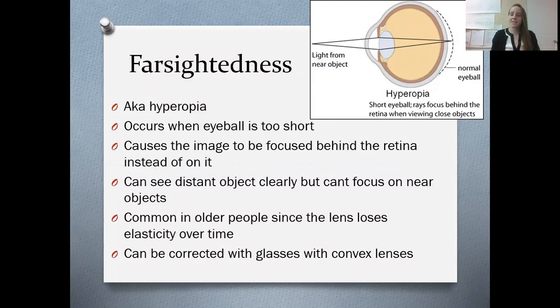It's still on its way to focusing when it hits that retina. So people with farsightedness can see things perfectly fine far away, but will have trouble focusing on things up close. This can be corrected with convex lenses, which will cause the image to focus further forward in the eyeball. And it is more common in older people just because as you age, the lens loses some of its elasticity, so its ability to change